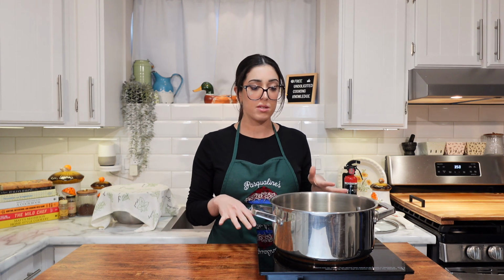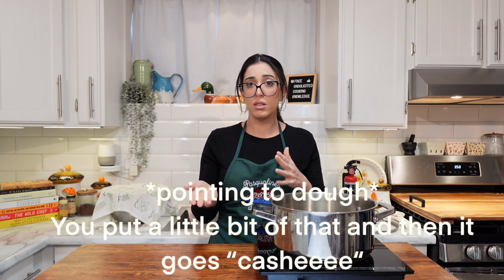And on here it says 320 degrees Fahrenheit. This cooks fast. How do you know when it's ready, Mom? You put a little of that and it goes. Oh. So while this is warming up, I have preset my tray and everything that I'm going to be transferring